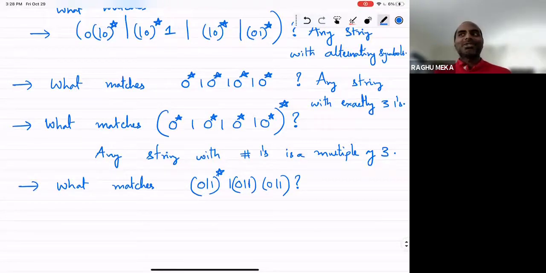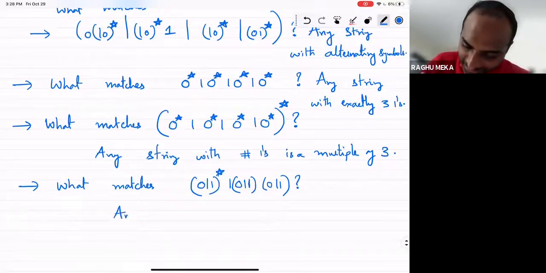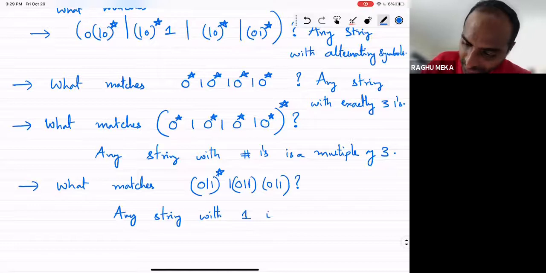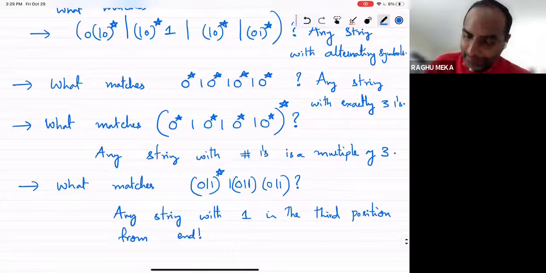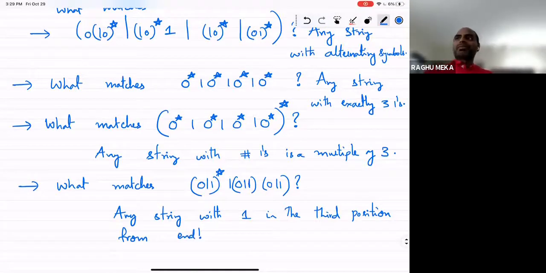As a hint, we saw this already today. Any string, exactly, again, any string with 1 in the 3rd position from end. Okay,